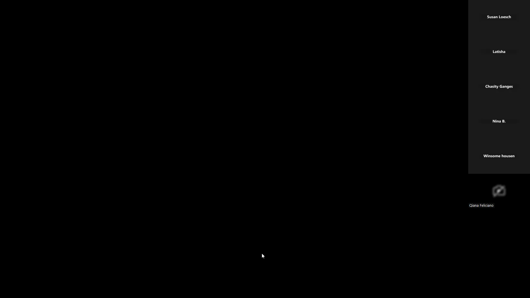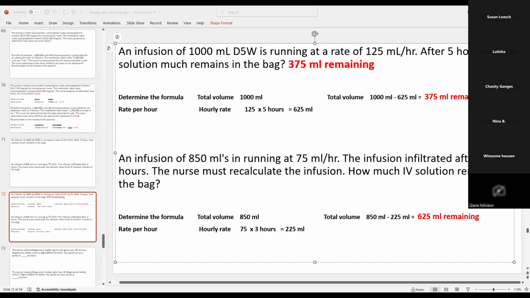Okay, you see this one here that's on the screen? Yes. This is the same as that question that you're talking about. It's the same thing. So in order for you to determine time or volume, you have to have a couple things, right? If you know what the full volume is and you know the rate it's running at, you can determine time. Anytime. Okay. If you know the volume,